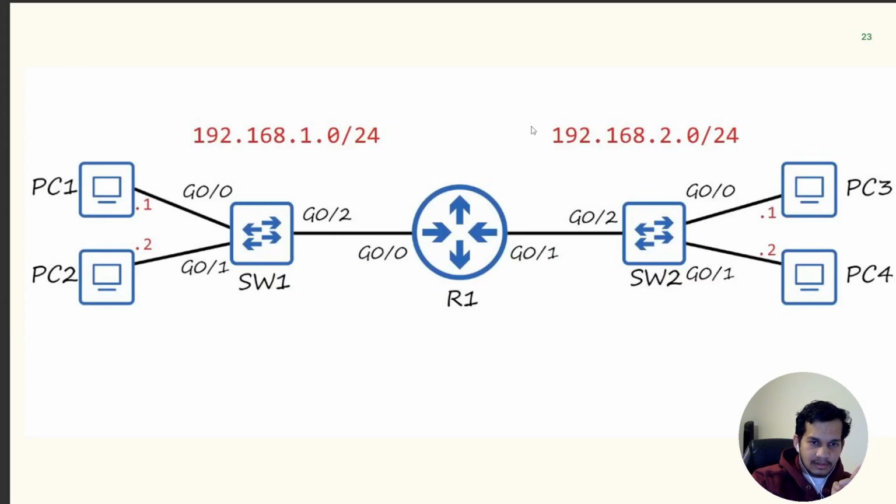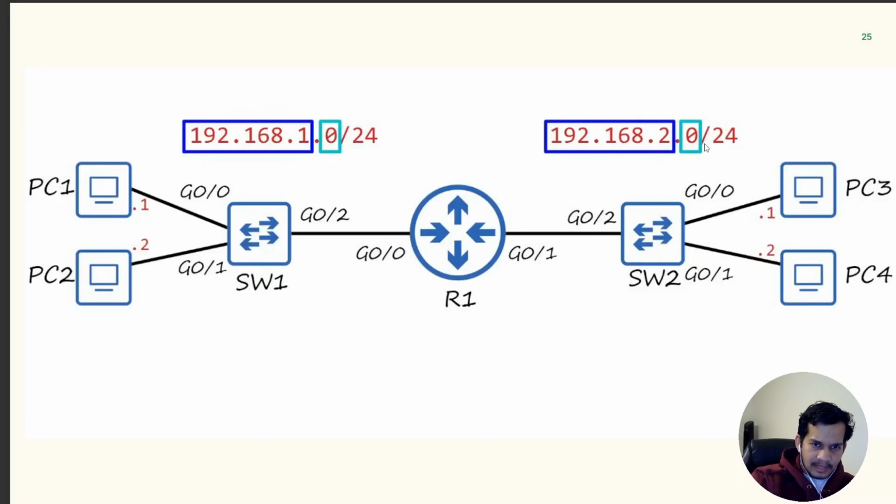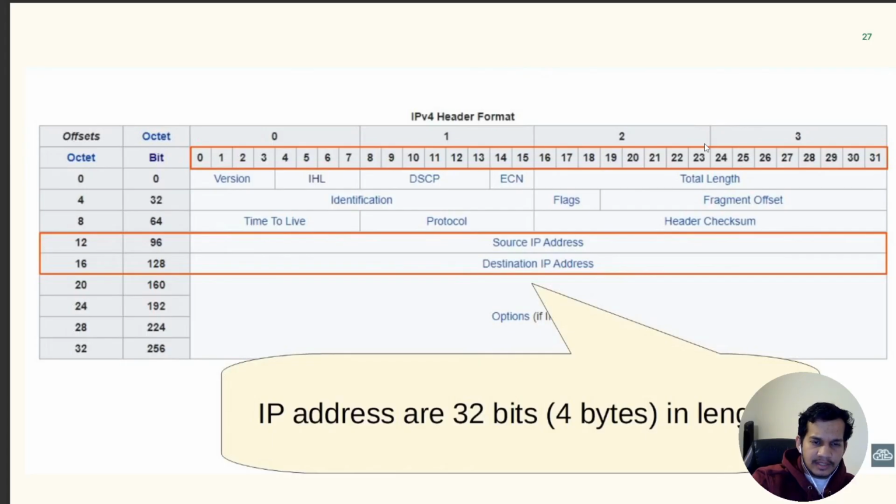that is 192.168.1.0 and then 192.168.2.0/24. We'll cover the basics, like what is the blue part, what is the light blue part, and what is the slash notation and all. We'll cover it in detail. So basically the first question that can be asked by the interviewer or by anyone is